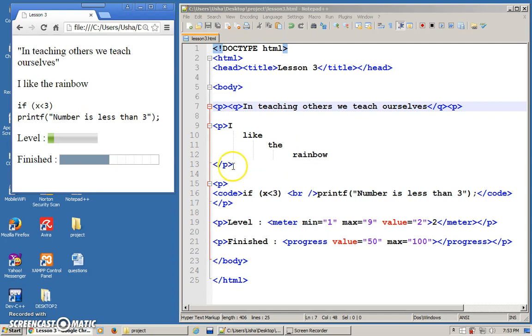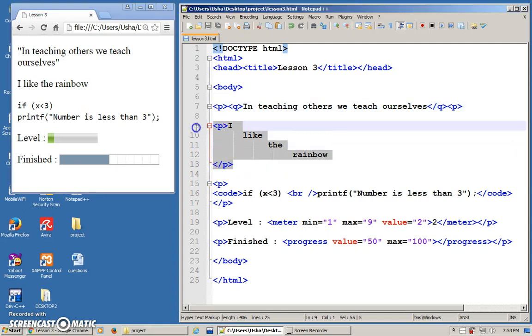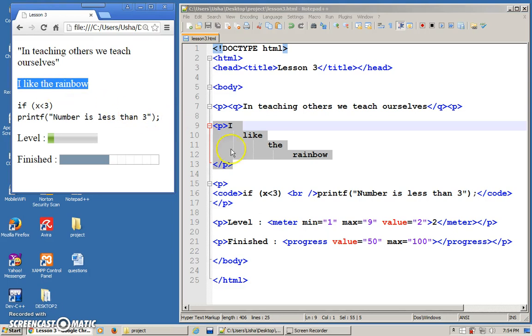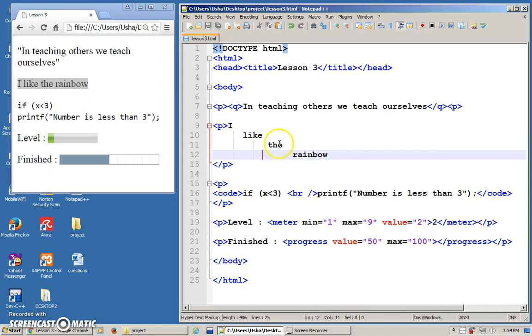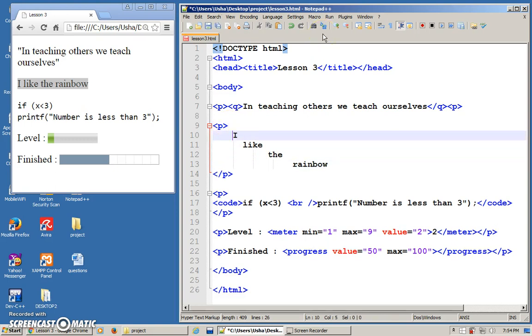Okay, another one is, let's look at this particular paragraph. I have actually divided the statement into different lines, but when you display it on the browser, it is still rendered as one line. What if I want it to be exactly as what I wrote here? So if you want it to be exactly the same, what you can do is you can use this particular tag pre,